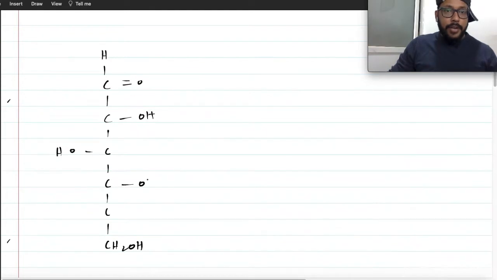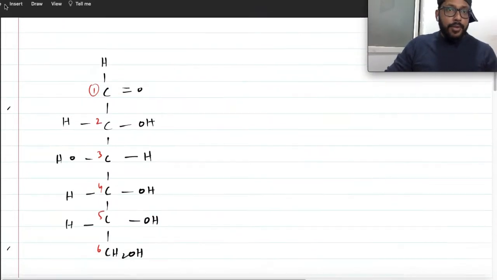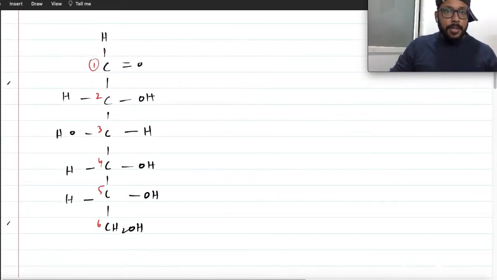This is your open chain structure of glucose. Keep in mind carbon number 1, 2, 3, because CHO is the strongest group. So 1 2 3 4 5 and 6. Now the lowest asymmetric carbon: the lowest carbon, number 6,